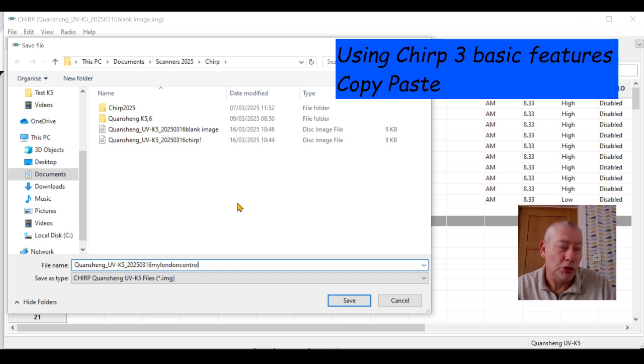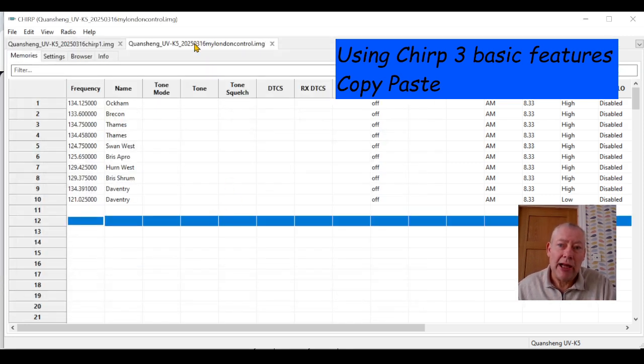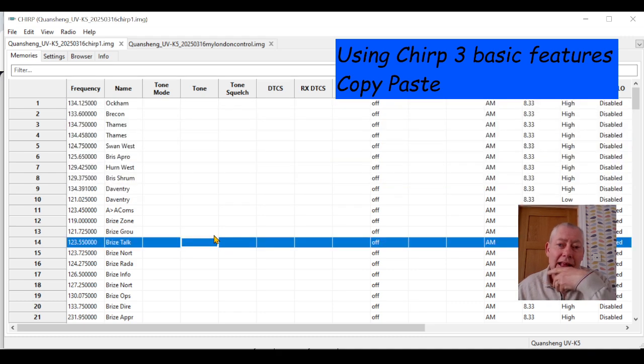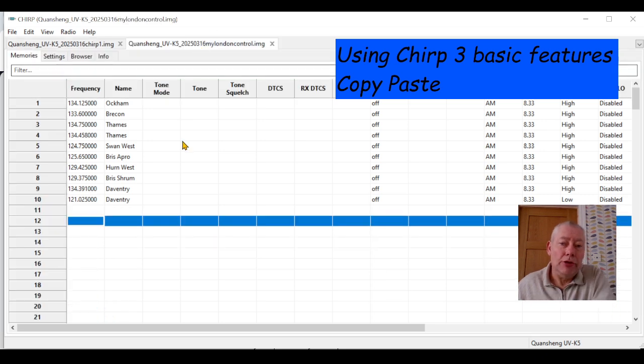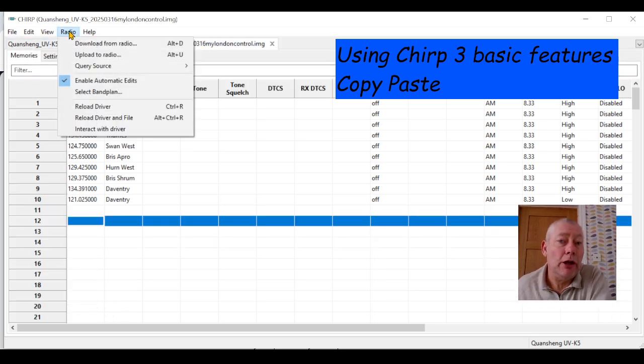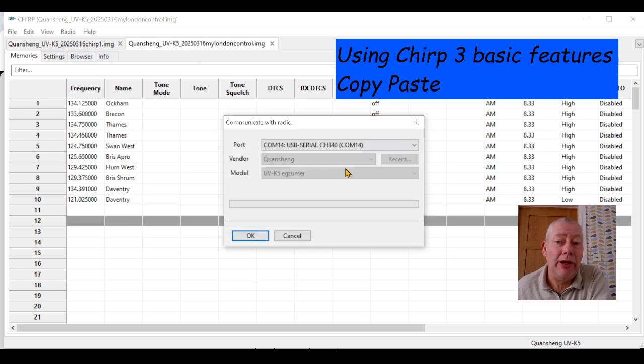So you'll see it will just come down Western London control, and then all of a sudden it'll go to like Brize Norton or somewhere, you'll see where it breaks off to split them, and then just click save. So now they're in there, right, but they're also in there. So if I go to my London Control and then go to radio and go upload to radio and go OK,